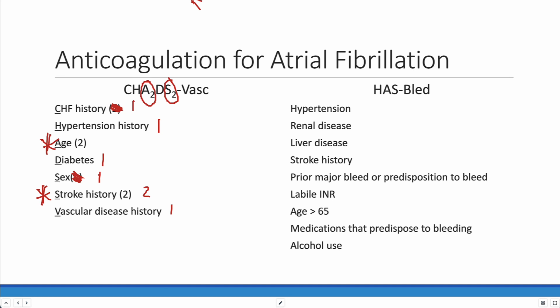We have to take into account their potential for bleeding, however. And so another scale that we use is HAS-BLED. HAS-BLED gives you points for hypertension, renal disease, liver disease, history of stroke. Notice that goes both ways, right? Prior major bleed or predisposition to bleed, like, for instance,